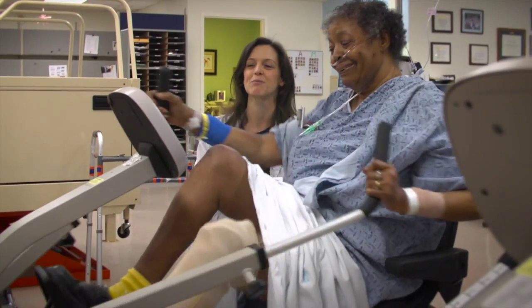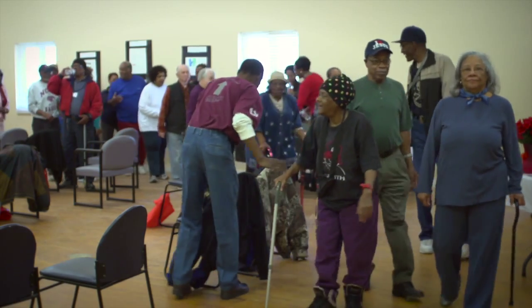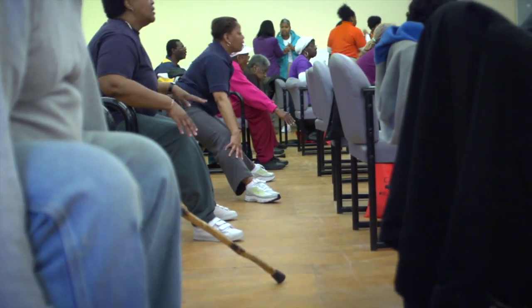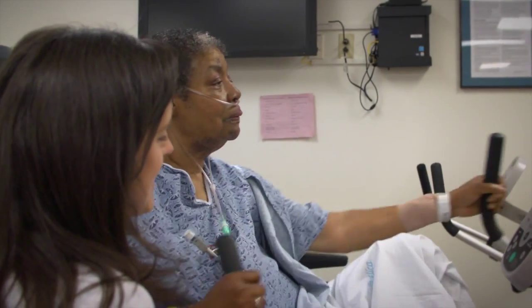Oh, there are so many ways people can be active with physical limitations. Ideally, you could just get up and walk. Like it's something simple that people do every day. Walking is a great form of exercise. For those people who are more involved and they're not able to walk, they could look into going to a physical therapist to teach them some exercises that they can do, such as some basic strengthening exercises with weights or TheraBands. There are stationary bikes that they can ride. If somebody's in a wheelchair, they can simply propel their wheelchair, working on their arms and their legs and building